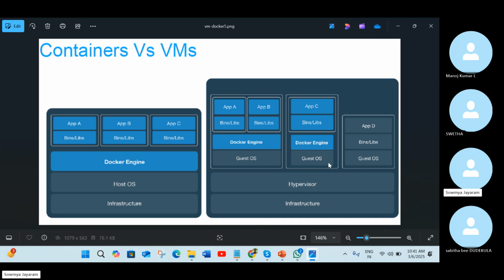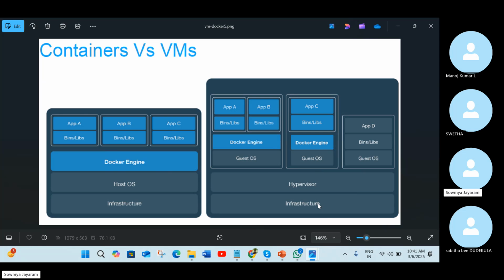In that case, we will be having a Docker image to make your application very portable, very lightweight, and you can access it from anywhere. If you have your application in your VM, you will have it in your VM only.